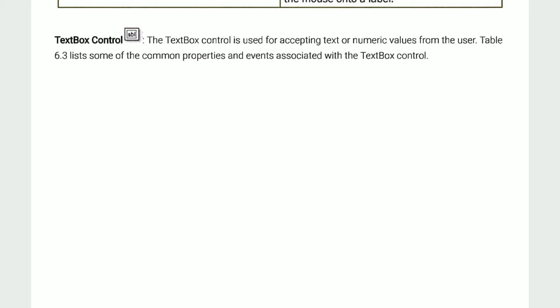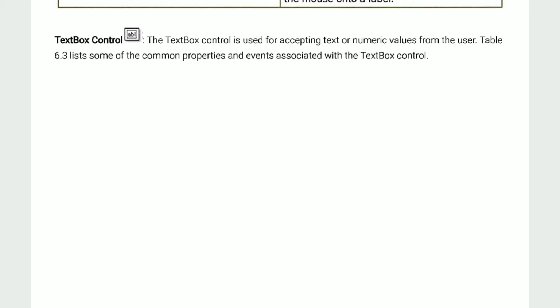Text in the form of string and numeric values can also be entered in a text box. The text box control is used for accepting text or numeric values and also for giving result or output in the form of text or numeric values at the time of execution.